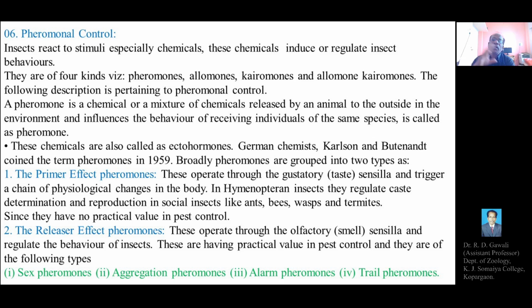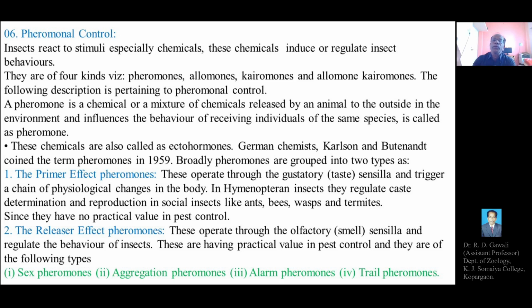Then alarm pheromones. So there are again certain pheromones or chemical scents released by certain organisms or the pest or the insects in the surrounding atmosphere, which will sensitize the members or individuals of the same species so as to indicate some critical situation or problematic situation or some sort of adverse condition of the environment which will become harmful to the species, and that's why the certain organisms which first get sensitized or stimulated by the stimulus of certain alarming condition, critical condition, problematic condition in the surrounding area, they secrete or